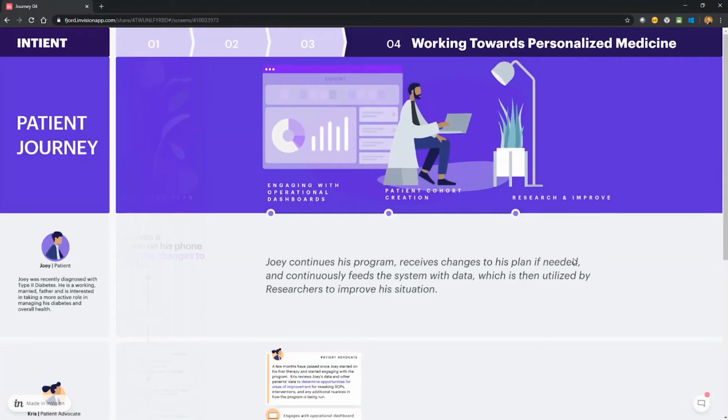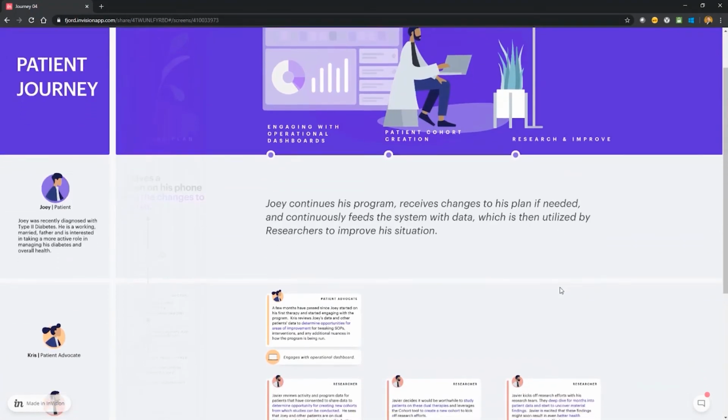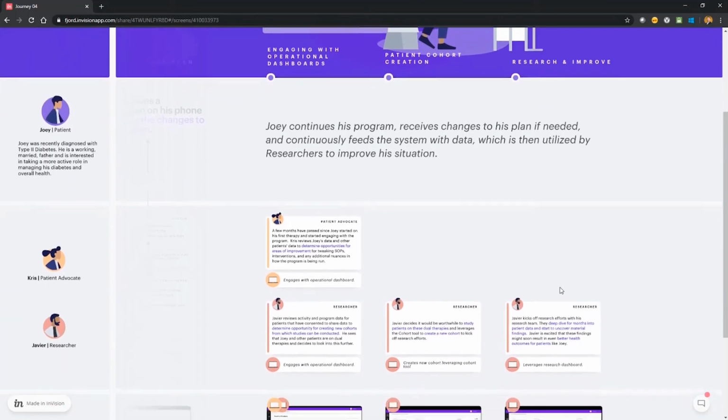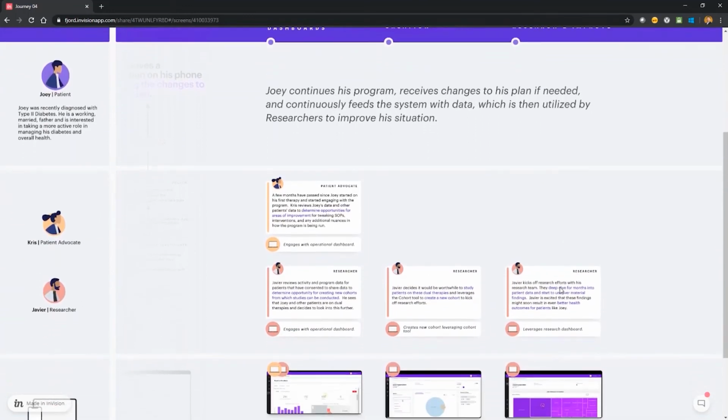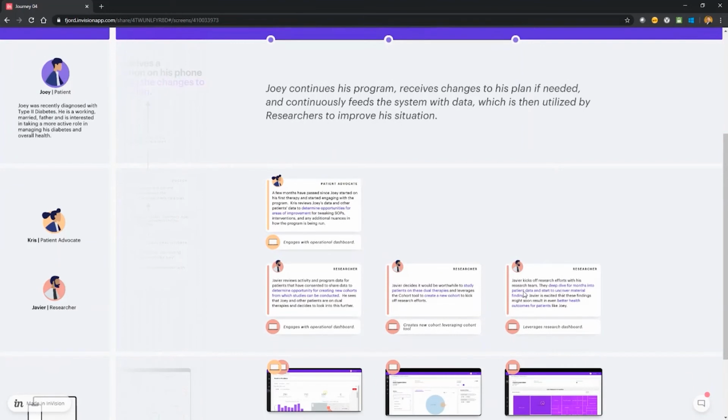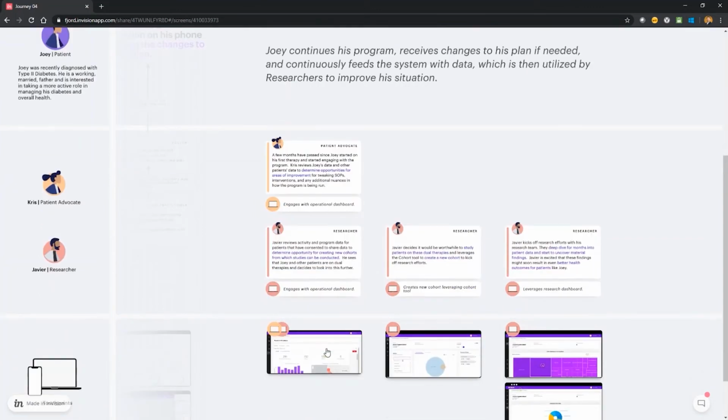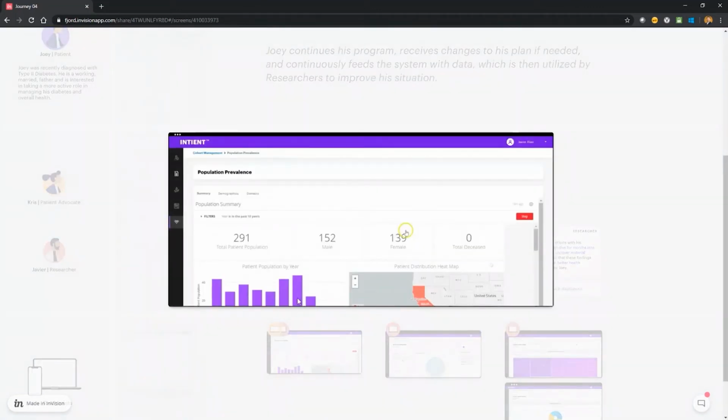And so after all this time, after Joey has continued this program, he is continuously feeding the system with data, which can then be utilized by researchers to improve his situation. Which in the case of Chris, the patient service advocate, she decides to review the patient population for the program and for her patients that she is concerned with, to look for opportunities to tweak standard operating procedures or thresholds for interventions to kind of continuously improve the way the program is being run and do her part to make